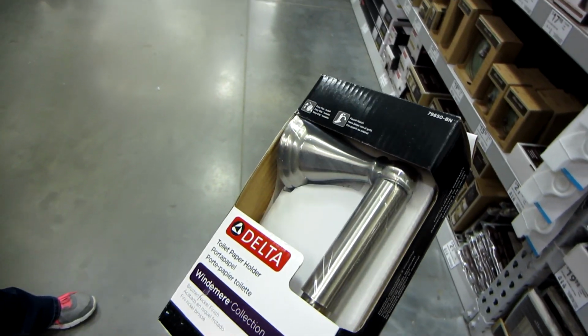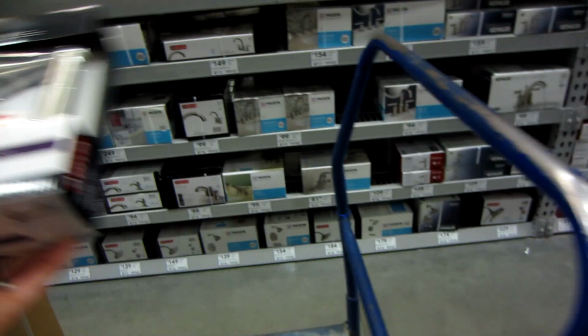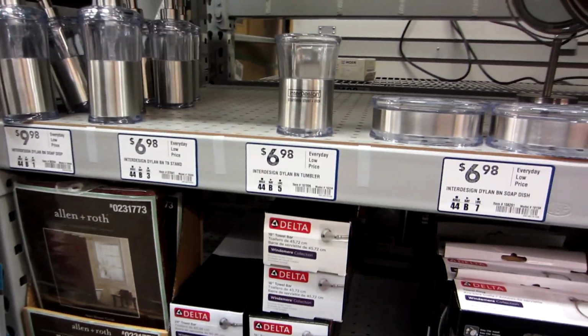For this, the brushed nickel, right? Yes, this is for the paper. And then for the towel holder, you want the...